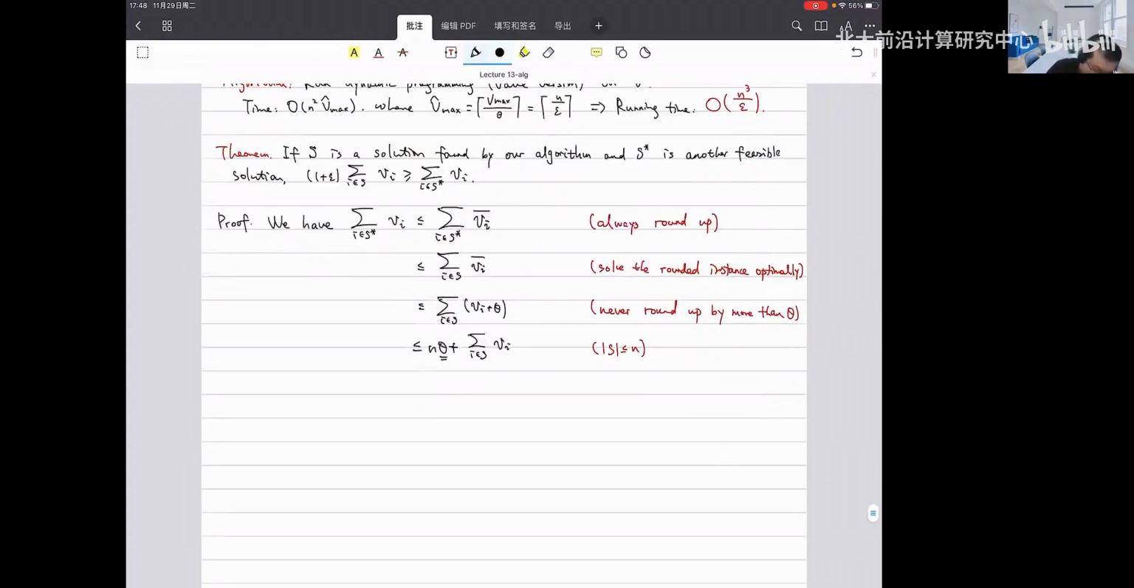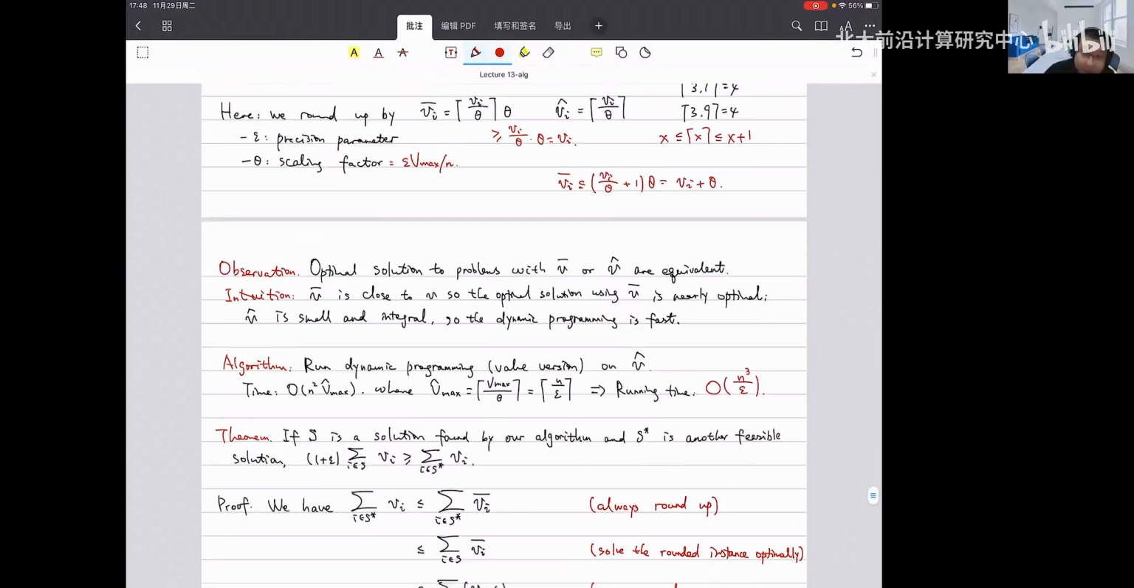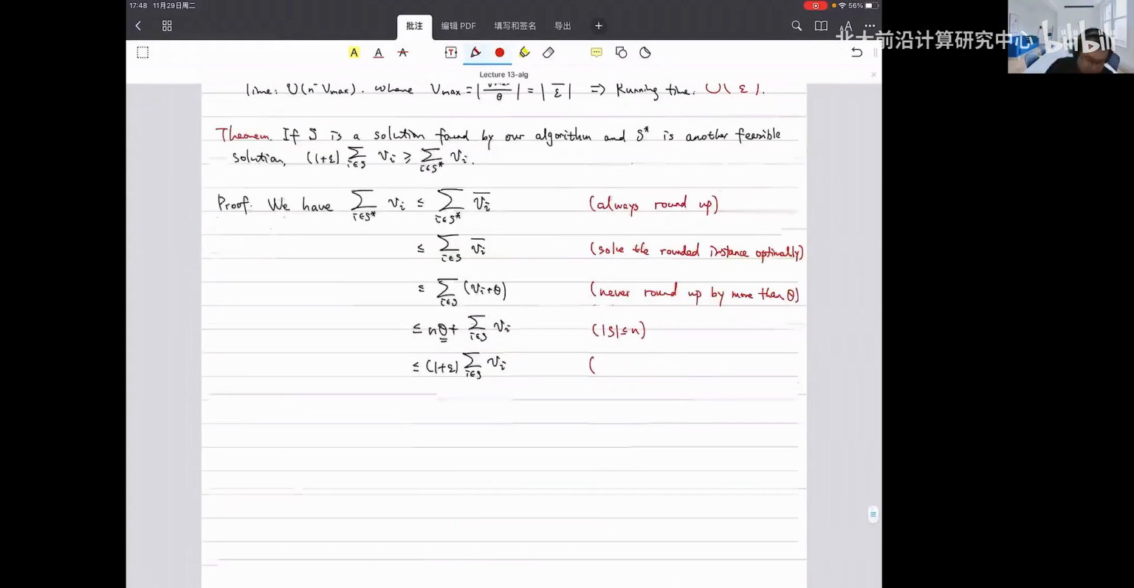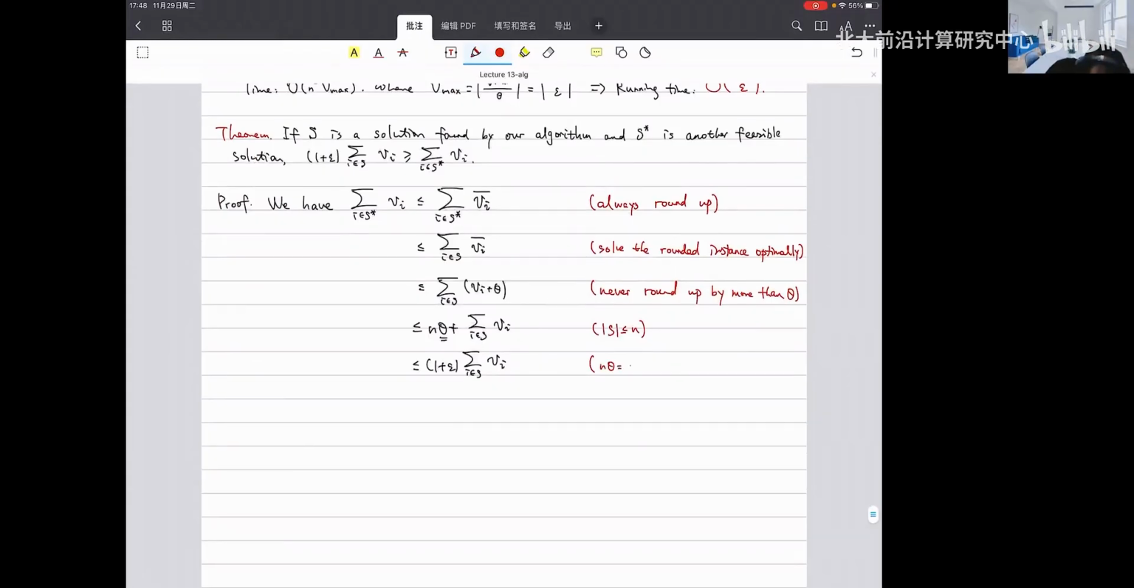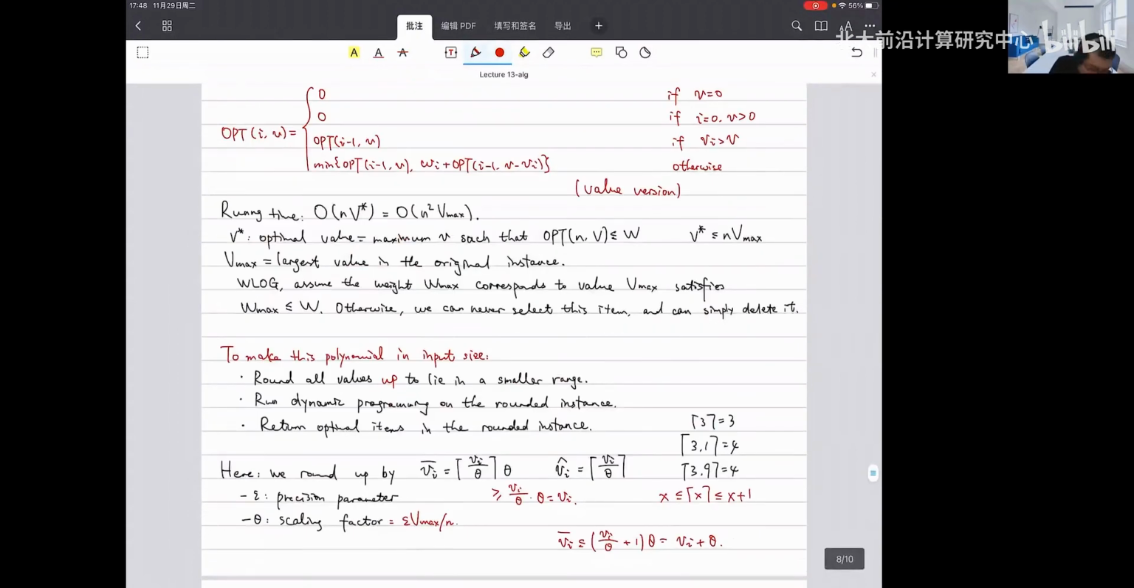So this is going to be smaller than 1 plus epsilon times the summation of V_i over i from S. Here maybe we need a little more calculation. Because we choose theta to be epsilon times V max over n, we know that n theta equals epsilon V max. And V max is just the maximum value, and without loss of generality, as we just discussed here,